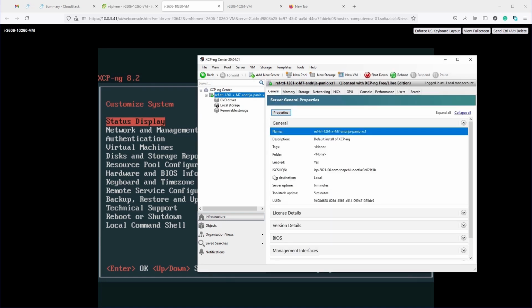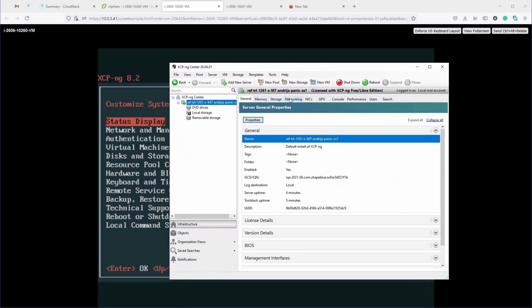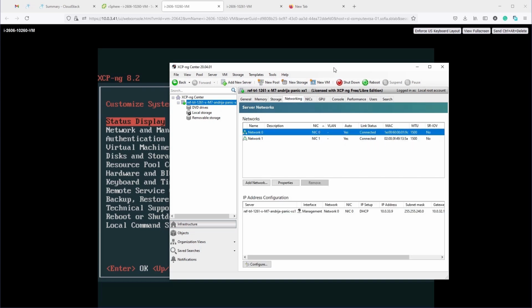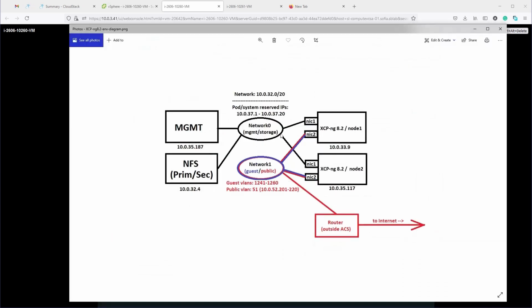All right, so we are connected to our first host, and if you go to the storage tab, you can observe obviously the storage, and the interesting thing that we are actually interested in is the networking tab. So on the networking tab, conveniently, we have two networks which are automatically provisioned on top of NIC 0 and NIC 1. Network 0 and network 1. If you refer back to our diagram from before, that's exactly how we want things set up: network 0